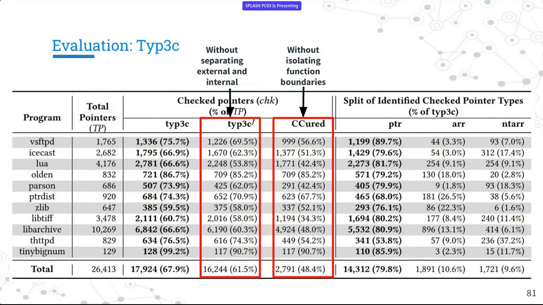So with our type inference, we were able to convert 67% of the pointers to checked types. But if we do not split the wildness, or rather if we do not use two graphs, then our accuracy would have dropped by 20%, which is shown by the third column, 48%. And if you do not create two different copies for parameters, then the detection rate drops by 6%. So this shows the effectiveness of maintaining two different constraint sets and maintaining two copies of constraint nodes along parameters and return types.